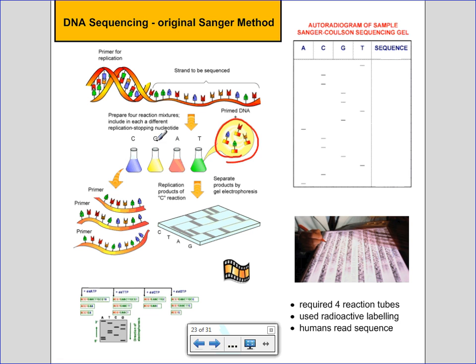We had a tube where the C's were labeled, a tube where the G's were labeled, a tube where the A's were, and a tube where the T's were. Every time we run the reaction, it would cause all the different sizes of